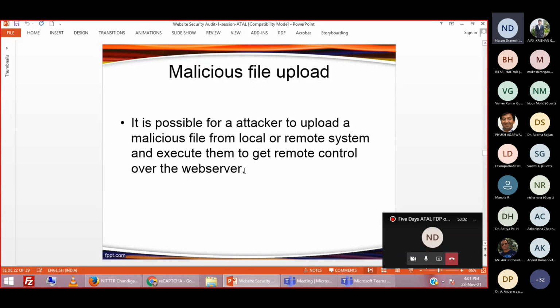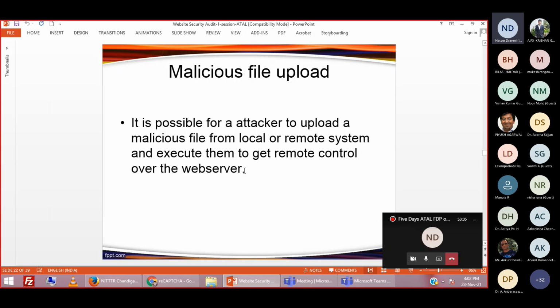If a hacker, instead of uploading the photo and signature, is able to upload an executable file or a malware file or a web shell file, then you will be in very great danger, right? Because after uploading this file, the hacker may get complete access to your server. This is called remote access of your server, and this file may be acting as a RAT. RAT is remote access tool.